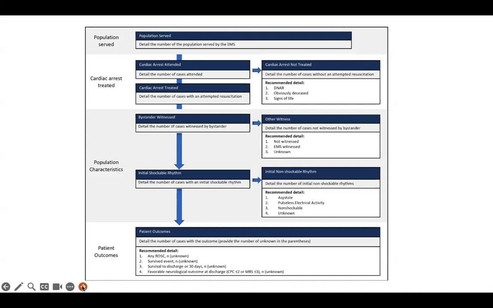We also recognise that you might need to make some adjustments or amendments to these templates depending on which population you're looking at. So adults versus children, EMS witnessed versus not EMS witnessed, and potentially trauma versus non-traumatic or medical and non-medical patients as well. And we recognise that that is something that you will do. But we think that by providing you with these templates, we might actually see a greater adoption of these flowcharts in Utstein style outcome reports. Thanks, Janet.